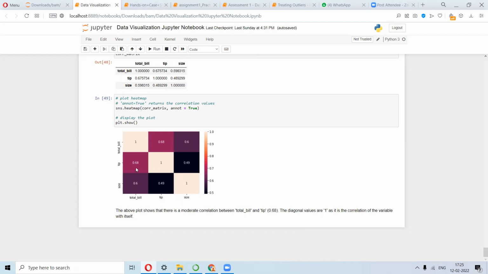Here the values are really close to each other, 0.68, 0.6. But if you have many of these features, you just have to see the color, and the color reference will enable you to understand the relationship much better, rather than getting into all this detail. Then you can look for the detail.